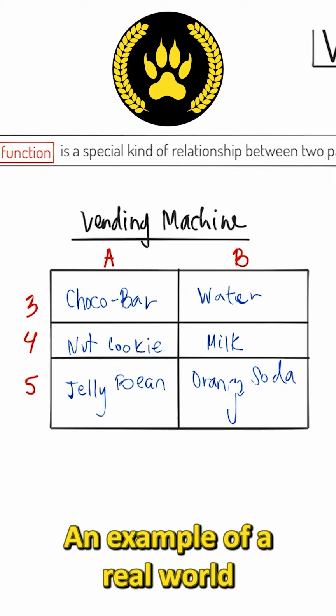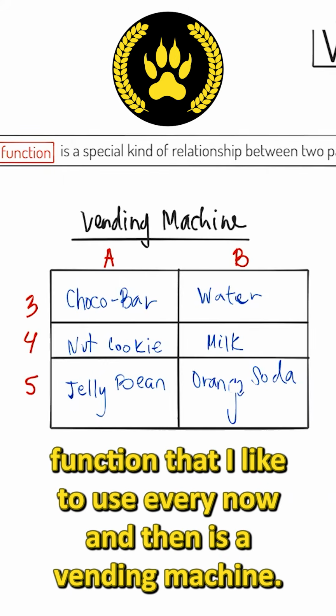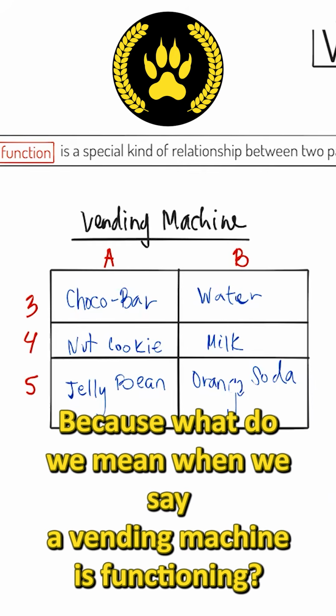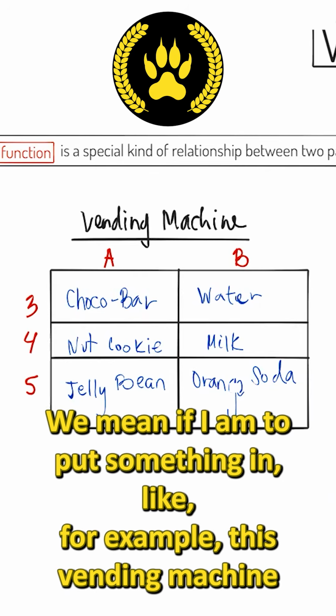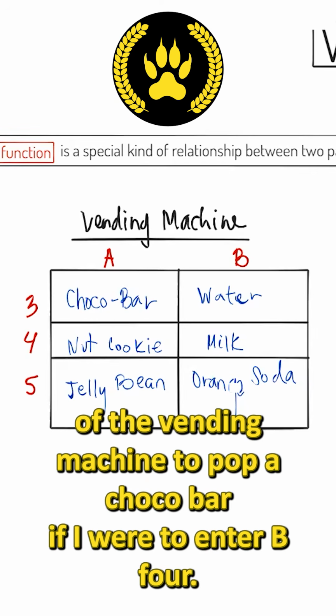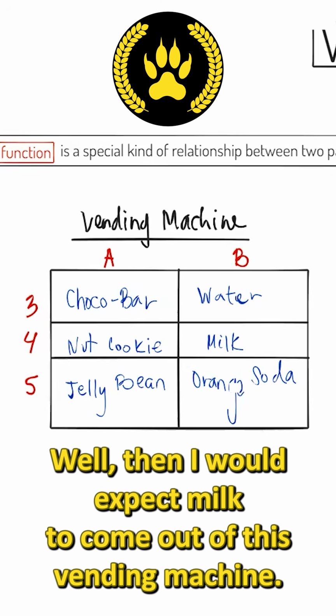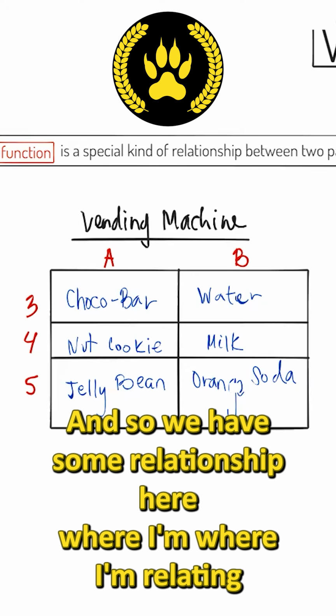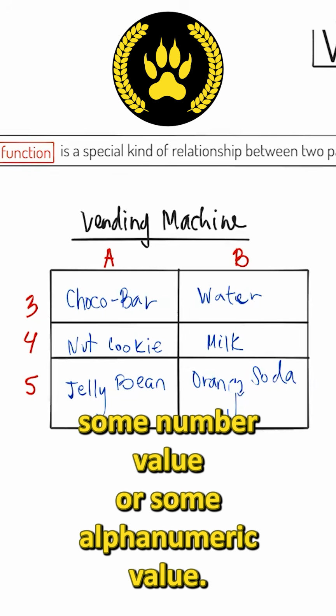An example of a real world function that I like to use every now and then is a vending machine, because what do we mean when we say a vending machine is functioning? We mean if I am to put something in, like for example, this vending machine that I have here, if I were to enter A3, well then I would expect out of the vending machine to pop a choco bar. If I were to enter B4, well then I would expect milk to come out of this vending machine. And so we have some relationship here where I'm relating some number value or some alphanumerical value